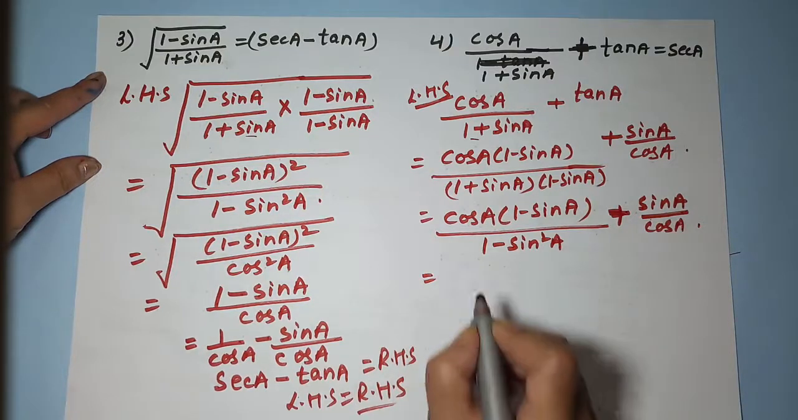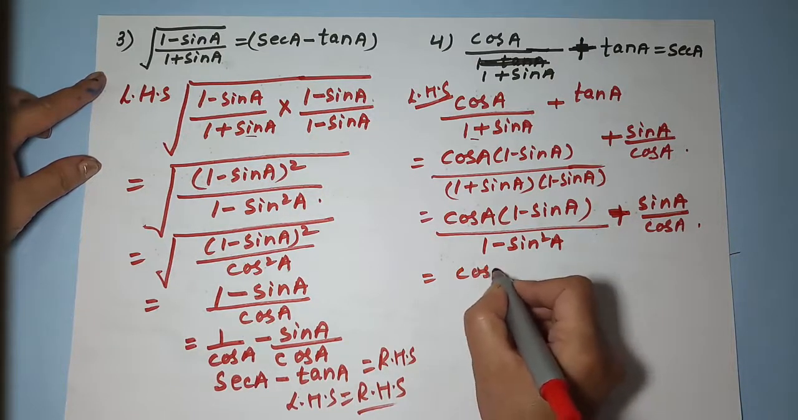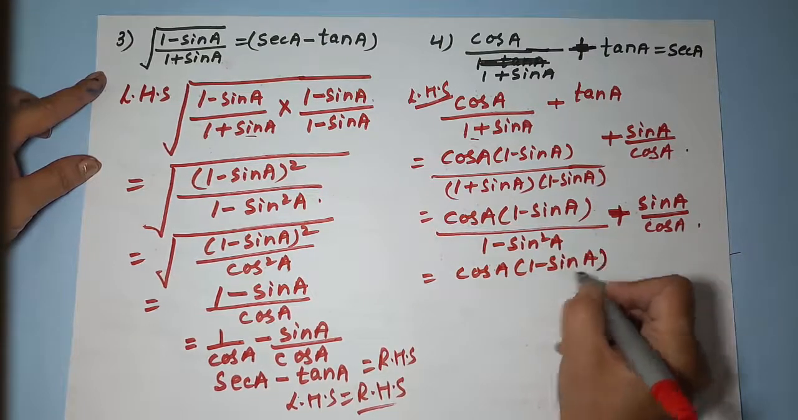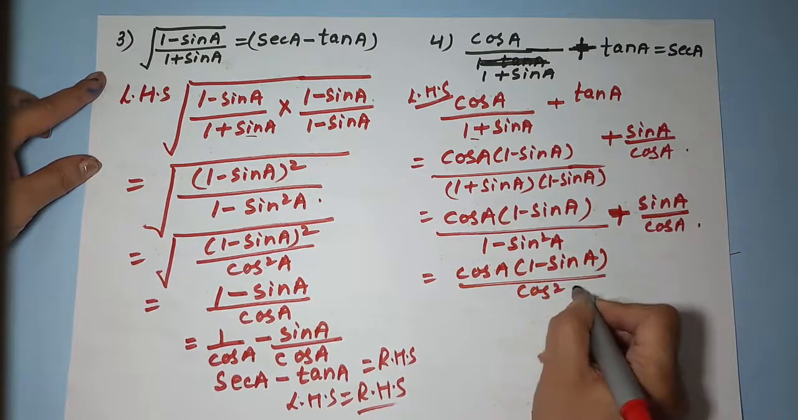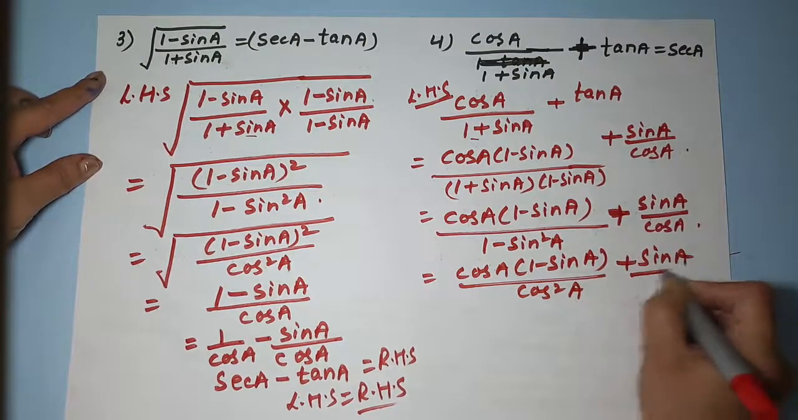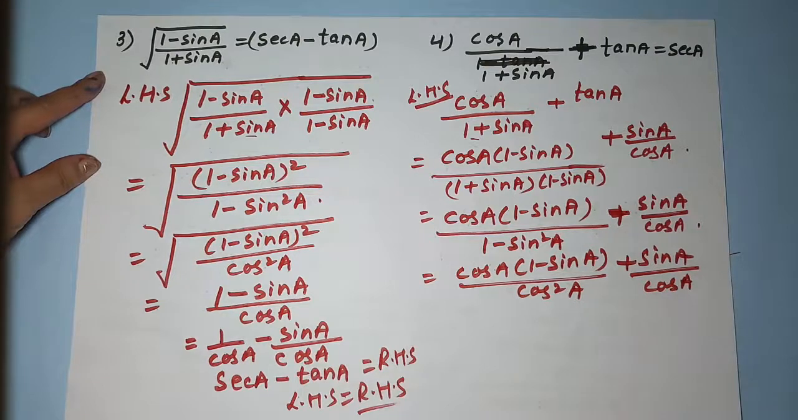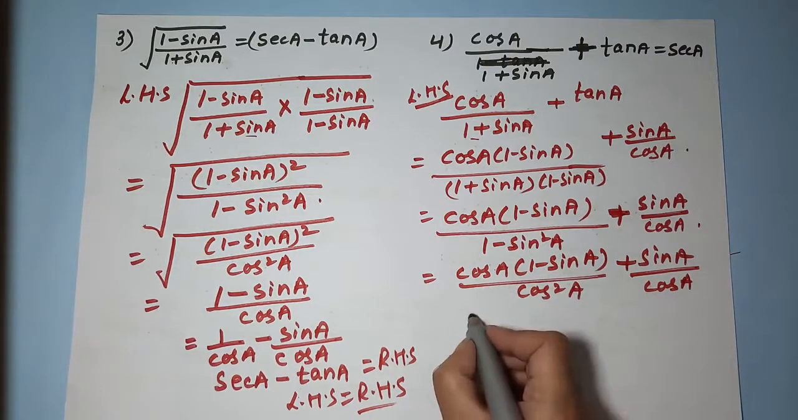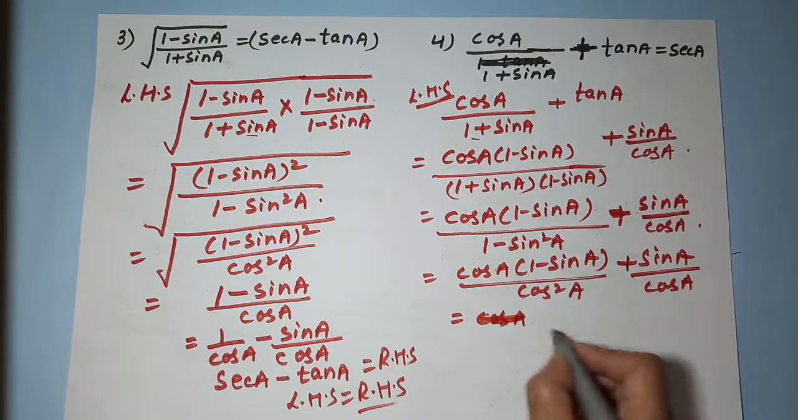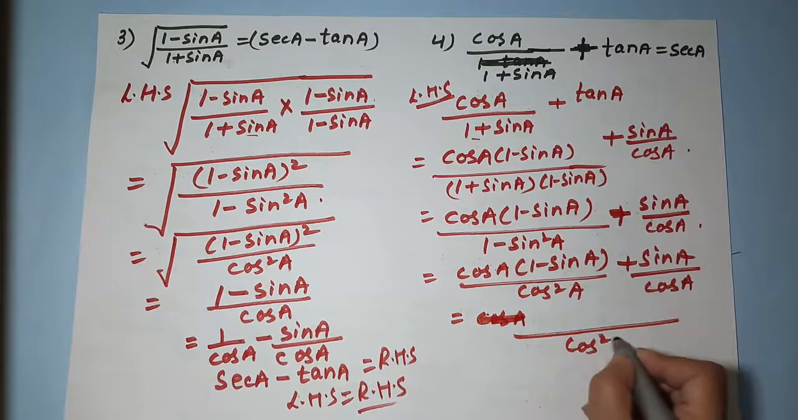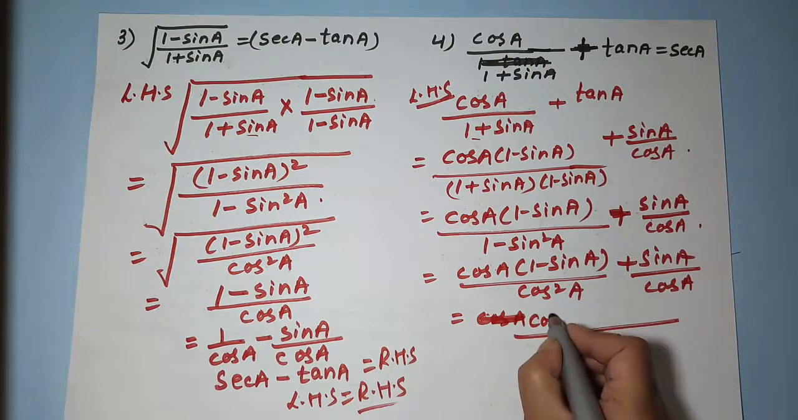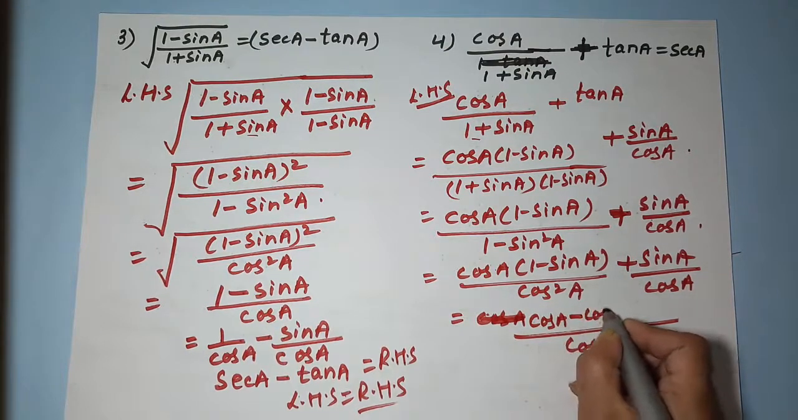Now this becomes cos A into 1 minus sine A upon cos square A plus sine A upon cos A. So what will you do with this? You multiply this, you will get cos A. Oh, you can take cos square A as LCM. So you will get cos A minus cos A sine A